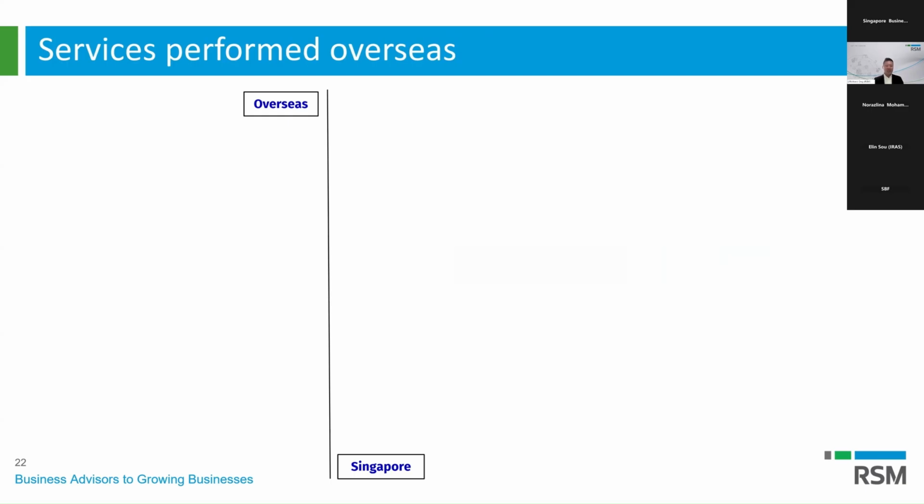These are all incorrect reference points. As I mentioned earlier, for services performed by GST registered businesses with a business establishment in Singapore, generally, yes, 9% will apply. However,